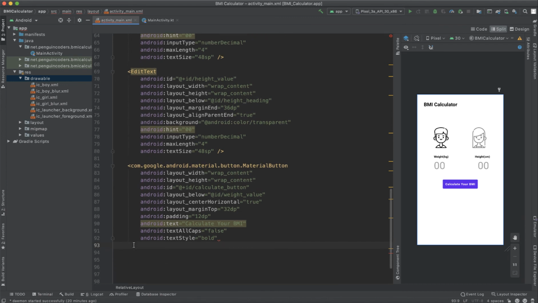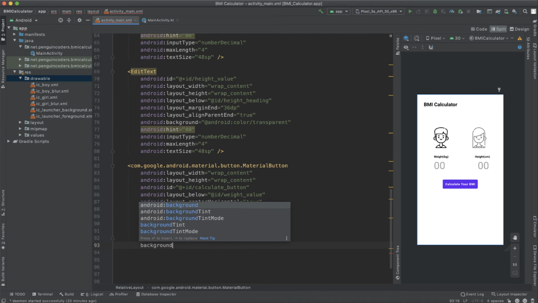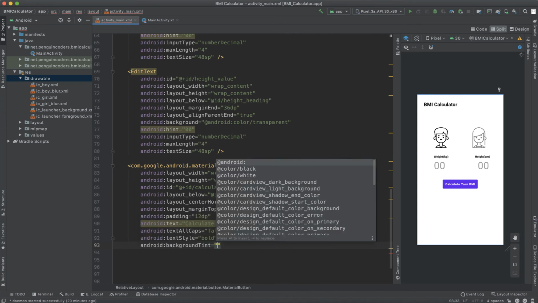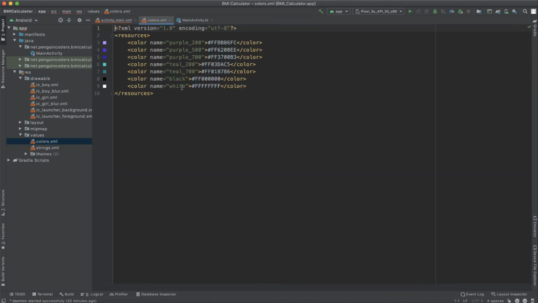Also we will have some background tint. So for background tint we will change the color and keep it as blue. For adding the color, we will go to colors.xml and add a color here. So color name equals blue, and we will add the blue color here.